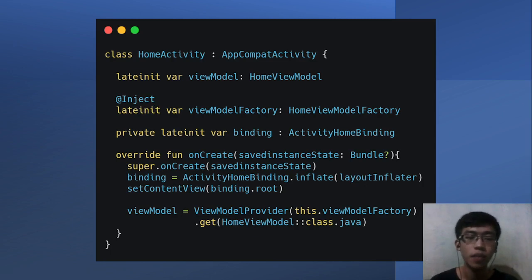Next I will make a video that specifically explains Dagger. As you can see, we reduce so much boilerplate code, right? We inject the boilerplate code into this variable view model factory. So we don't have to write the boilerplate code again.